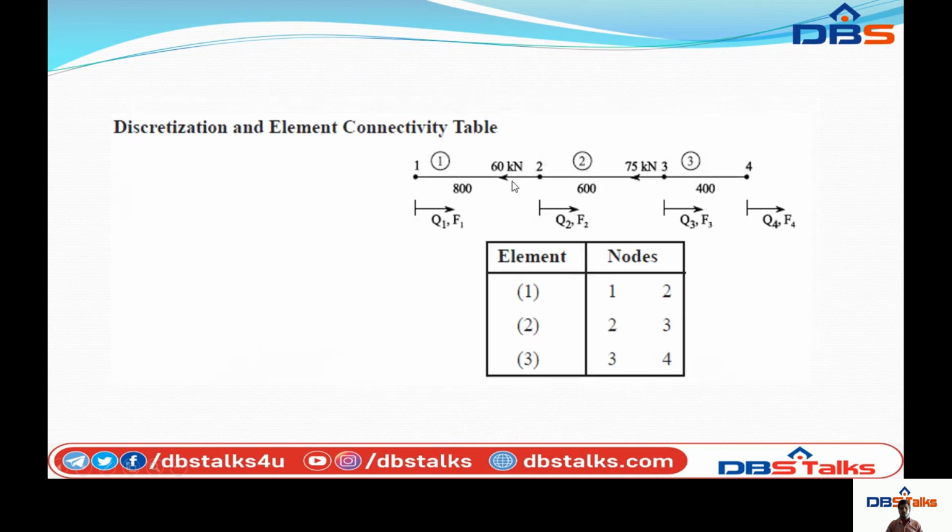According to the point loads, I am denoting the point loads here at node 2 and node 3 in the reversal direction, opposite to the force. For every element there are two nodes here, 1 and 2, and then the connectivity table based on global coordinates and local coordinates. First I am writing elements 1, 2, 3 and the nodes for every element. Remember, students, please remember that point. For every element there are two nodes, 1 and 2. For the second element, 2 and 3. For the third element, 3 and 4.